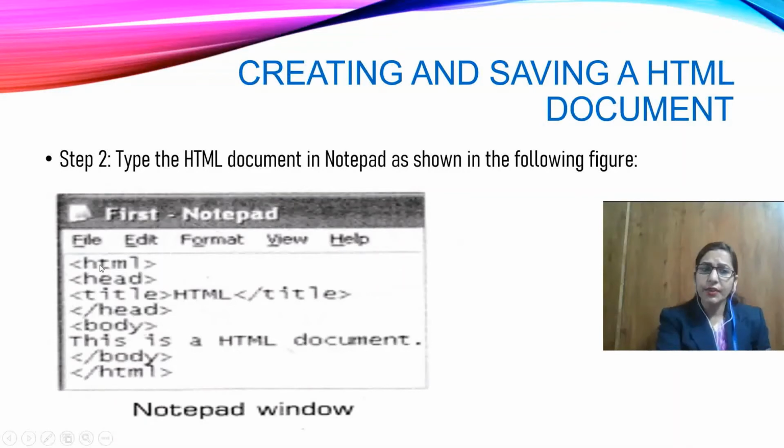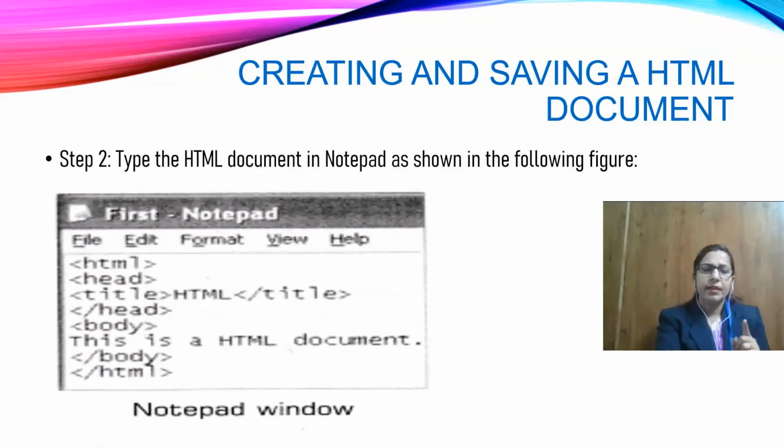Now the first tag, always write this tag, HTML, and then the head tag, and then title, and in the title, whatever you want to show on the title, you just write it down. Like I want to show this is HTML, so just write this in the title, and then close head and open body. In the body, whatever you want to show on the web page, I want to show this information only, that this is an HTML document, so I'm writing in the body, this is the HTML document, and end of the body, close the ending tag of body, and this is the ending tag of HTML.